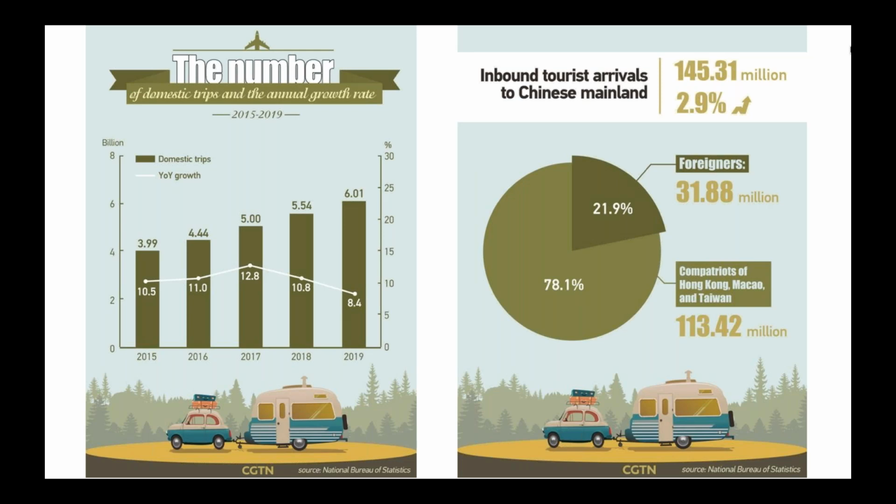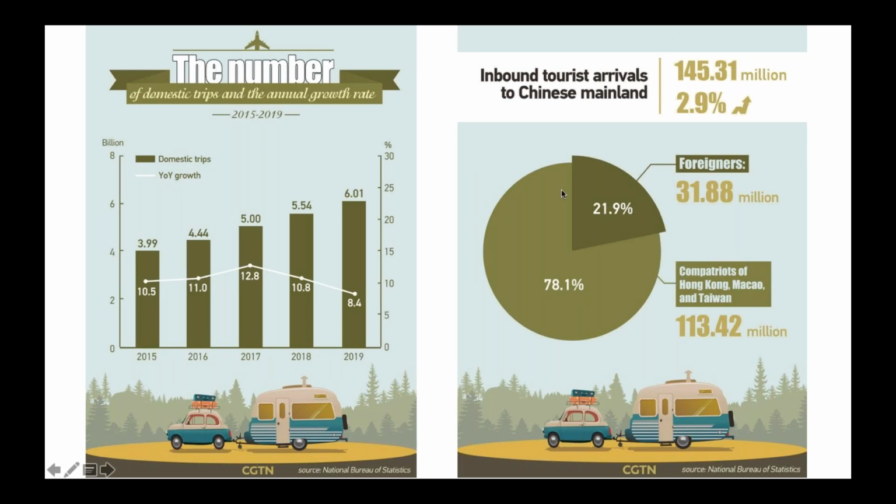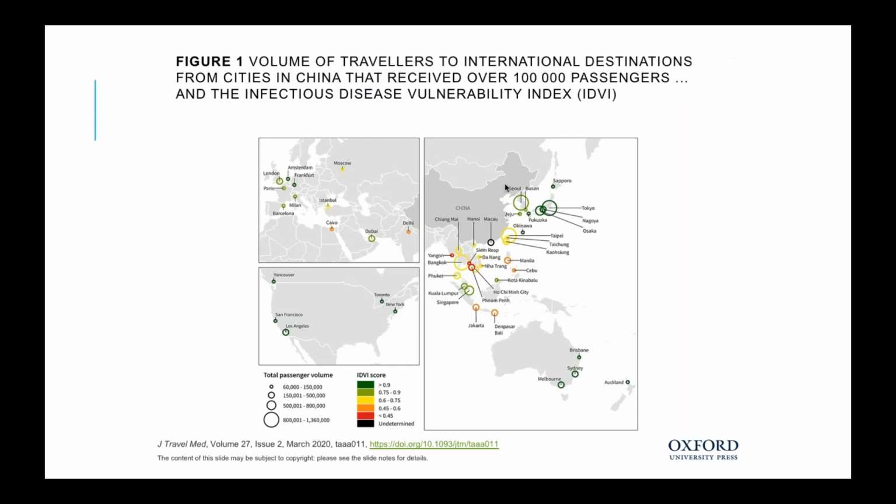Now, out of those 110, 50 to 60 million people were predominantly travelers in Southeast Asia. So countries like Malaysia, Hong Kong, Taiwan, Indonesia, within that region. But the rest of them have been traveling around the world. So based on the human flows, in early February, there was an assessment done by scholars who created what is,